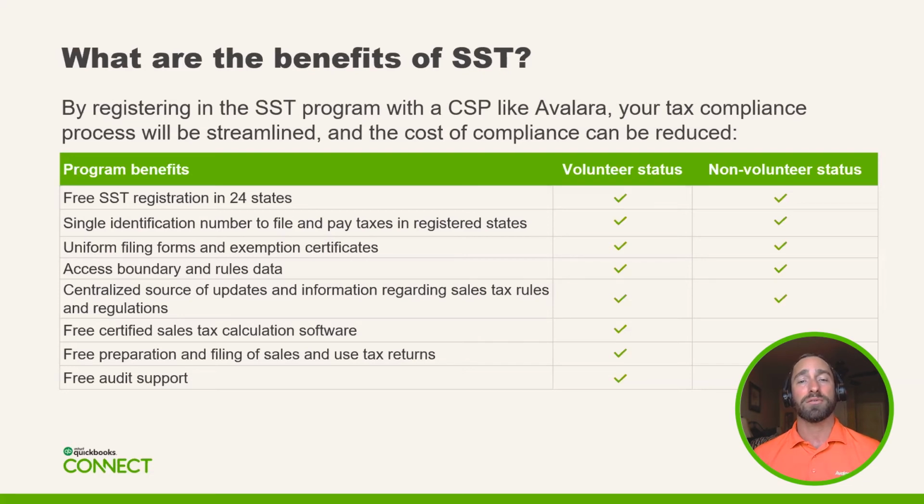The caveat is you need to use our tax calculation service, so we need to be integrated into your QBO or your QBD file. We'll calculate the tax. We will file the returns on your behalf. The typical go live for SST is about 60 days, more or less. It really just depends on you filling out the application and then waiting on the states to turn those around. We will actually assist you with onboarding for the purposes of the Streamlined Sales Tax program.